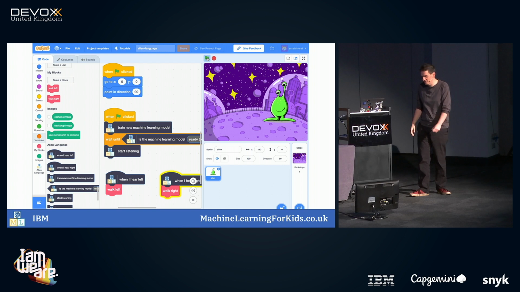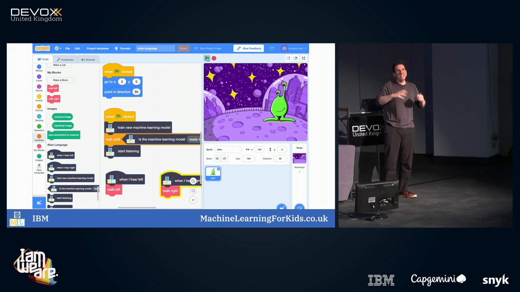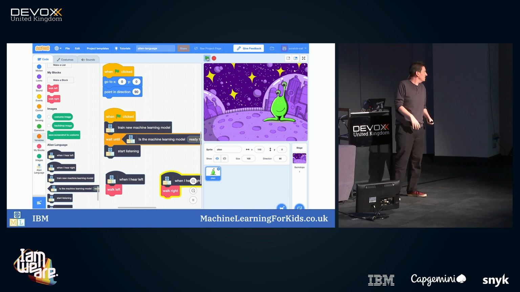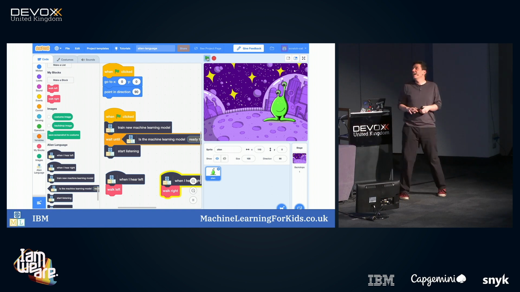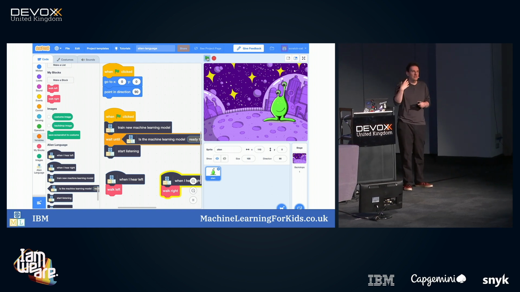So what I said to the class was, this is an alien, you need to invent an alien language. So they had to invent some imaginary made-up word for left, blooble, flibble, and an imaginary made-up word for right. And then when they say that, the alien goes left or right, depending on what they said. And it's the kind of tech that goes into, like, say, the Alexa wake word, but they've trained it for themselves for a brand new word that they invented, so they know for a fact that the model didn't know that word out of the box.